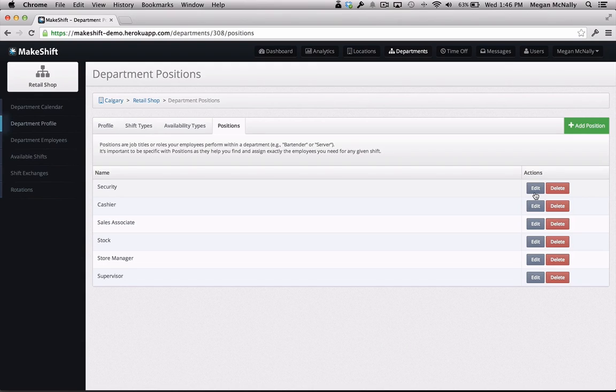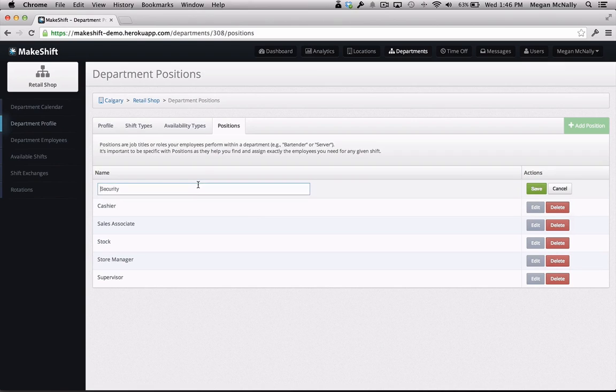I can give them just one if I like, or I can give them more than one, but there will be a list there for me to choose from, so I don't have to type them in one at a time. If I ever need to edit one of these position names, this is the screen I would do it from as well. I can click Edit, change it to the new name that I would like to call it,